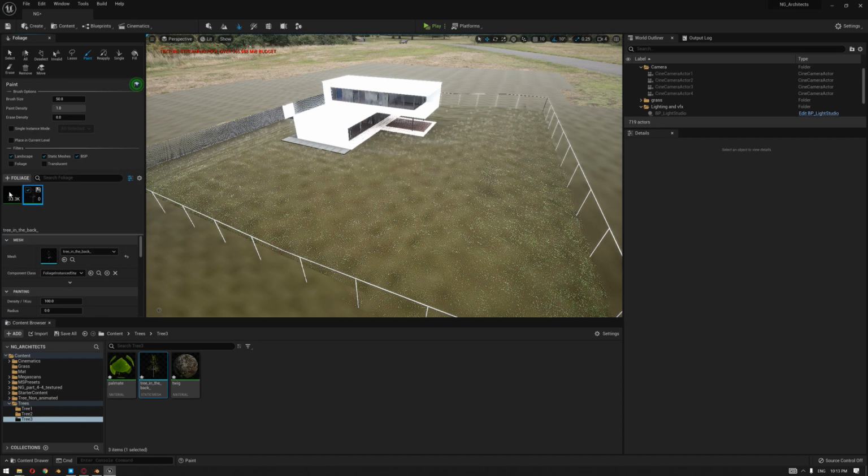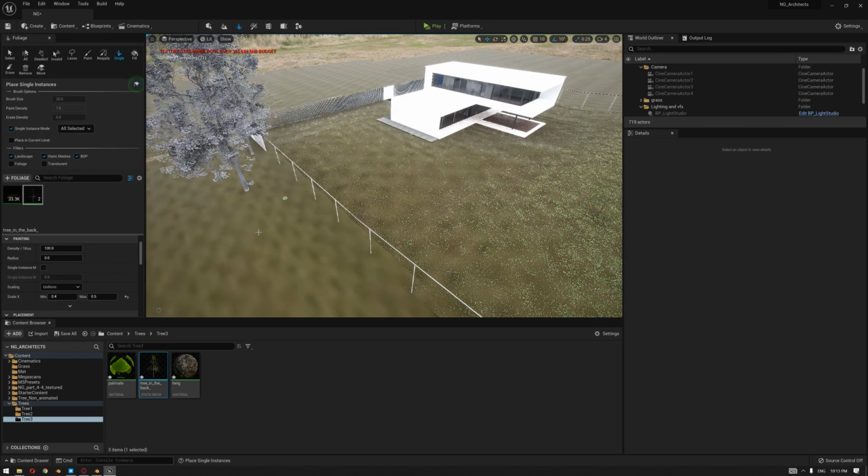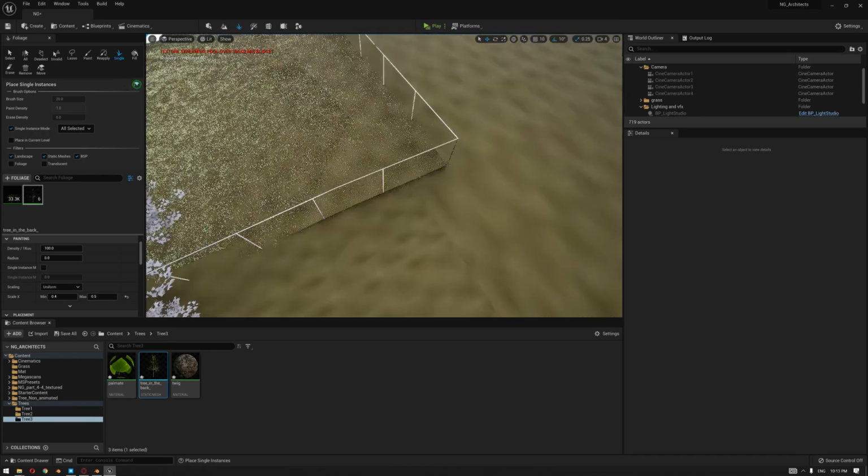We're going to select this, make sure the grass is not selected, and paint using a single node. Let's bring the scale down a little, 0.4 for example, to 2.5, so we have a variation. We can start painting over here. It will just take a second to load the material.